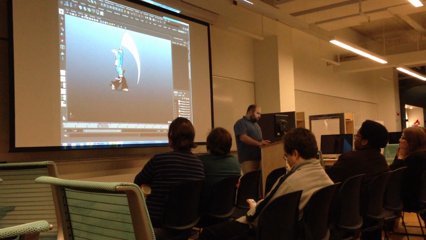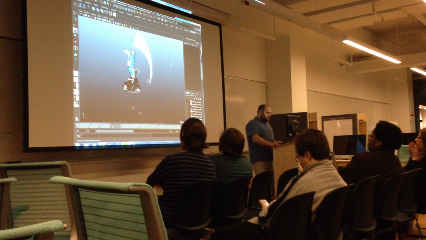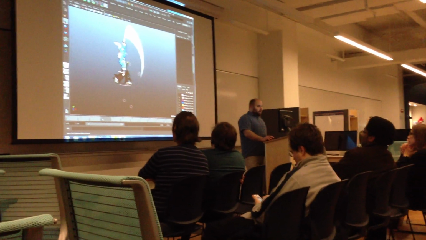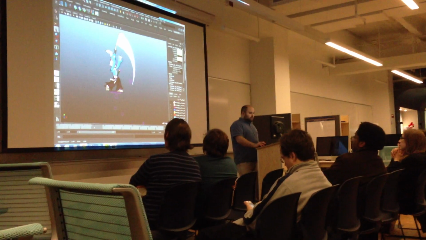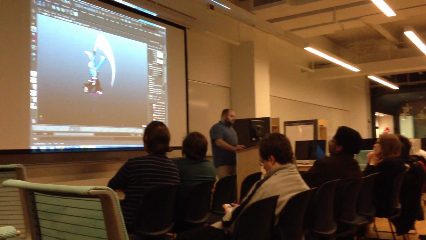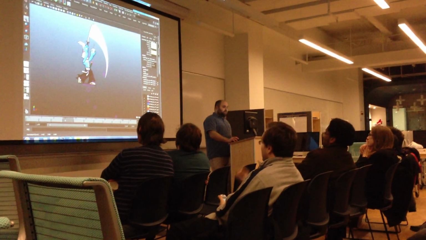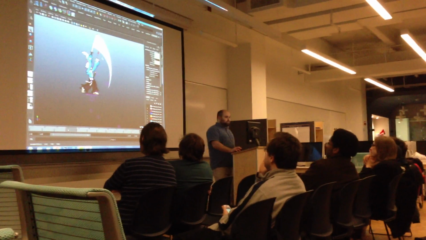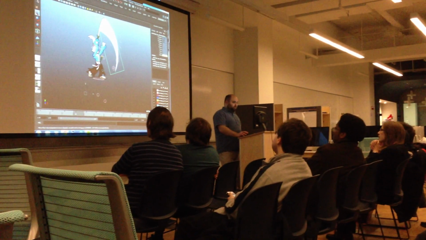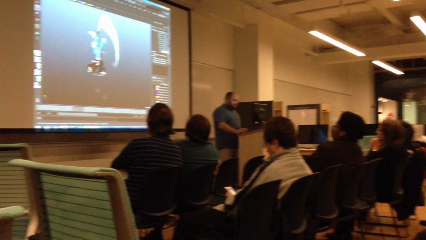Now, if I unhide the controls, the way that we are typically working with the character is not too dissimilar from how you normally animate something in Maya. We've got a whole bunch of controls here, and they adjust the character's body. We're able to do a couple of really interesting things here, partly because these are really simple planes. If I go and select polygons, you can see that's the one for this little swoop here. But his arm, this part of the arm is on a polygon there, and this part